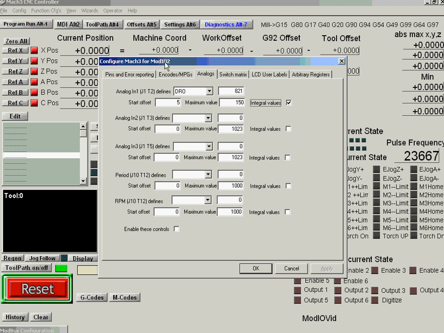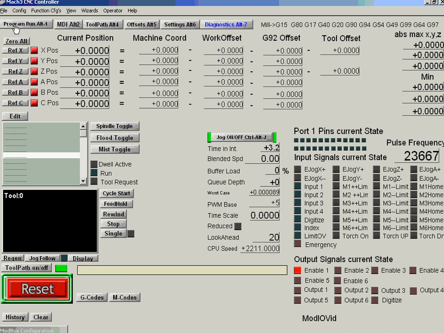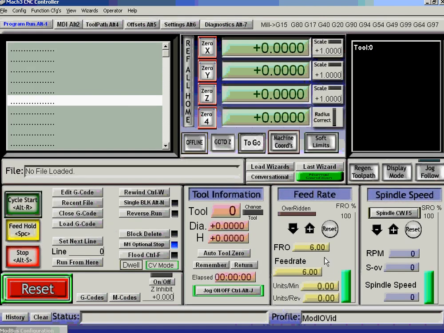So we're configuring modIO 2, that's the one that's got the potentiometer on it. It's connected to analog input 1, that is terminal 2. I'm going to set the value it defines into DRO 821, and when it's wound down right to the lowest value, I'm going to get 5, and the highest value is going to be 150. So I've configured that. If we go to the program run screen, here is the feed rate override DRO, and